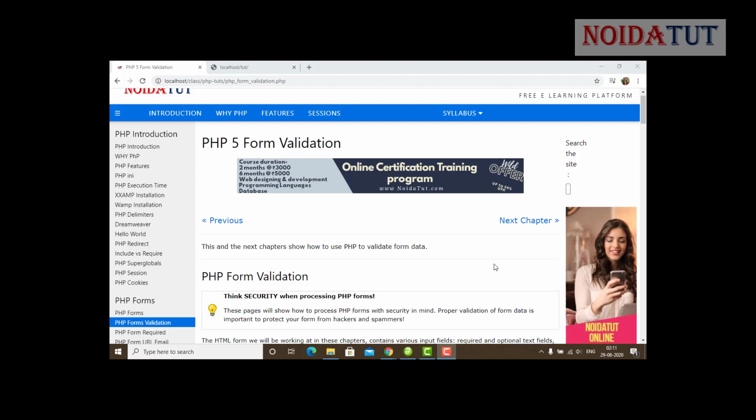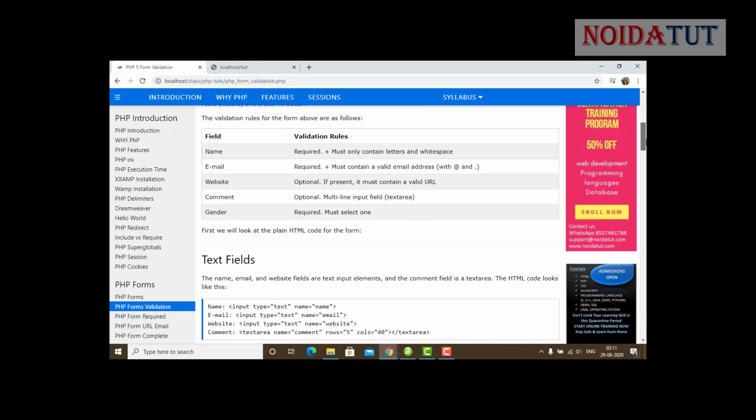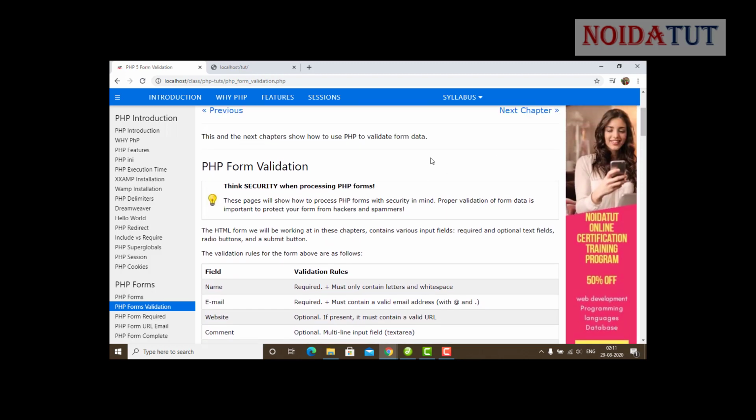There are different validations, such as name validation, number validation, email address validation, and URL validation, all of which we are going to look at in the validation section. Validation will validate the data that is entered by the user. In this chapter and the next chapter, we are going to show you how we validate the user's input.